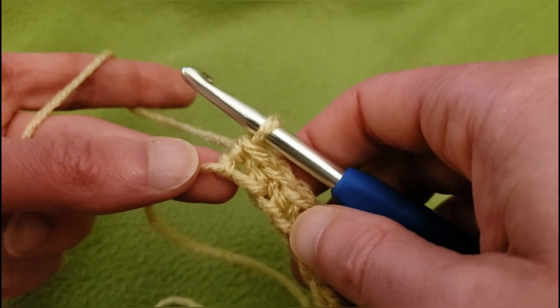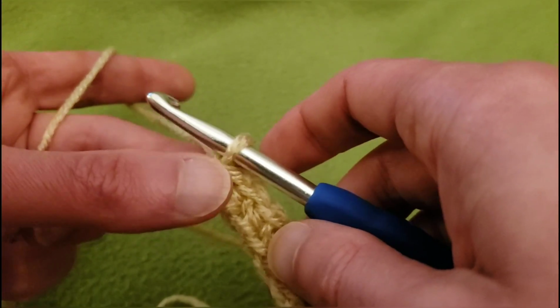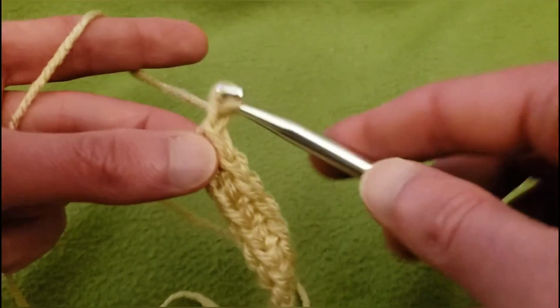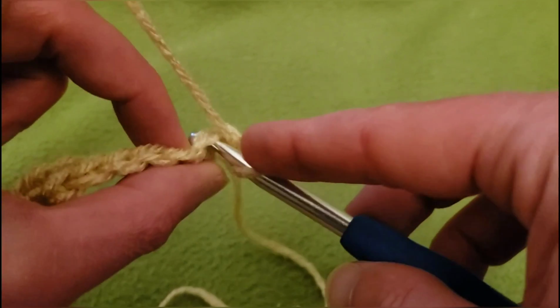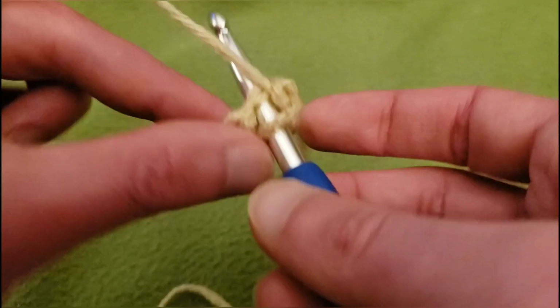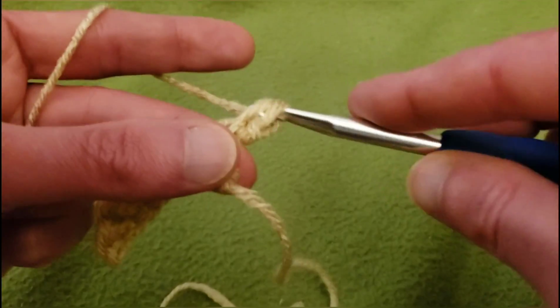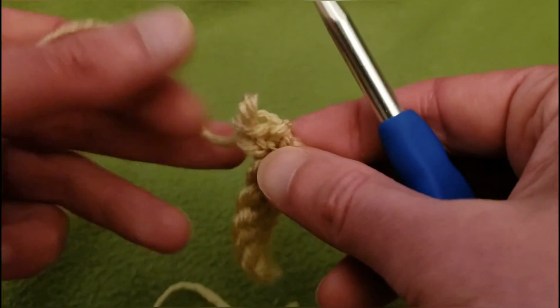All right, so now typically what you would do if you were doing a normal single crochet project, you would chain up 1 and you would turn the work, and then you would go underneath both of the loops of the V, and you would just do your single crochets across. Well, this is a little bit different. So I'm going to undo that,